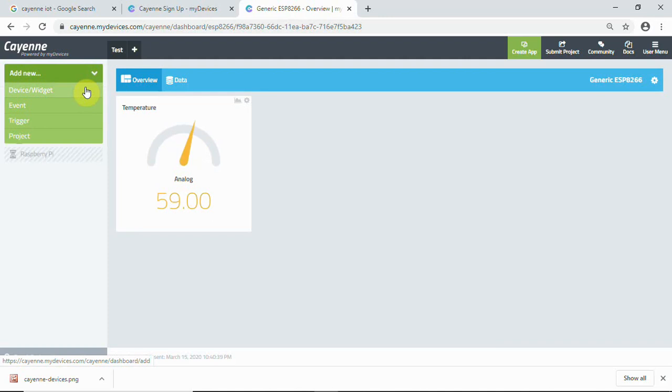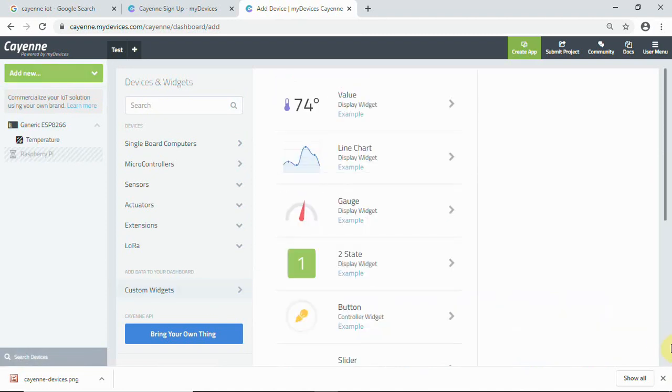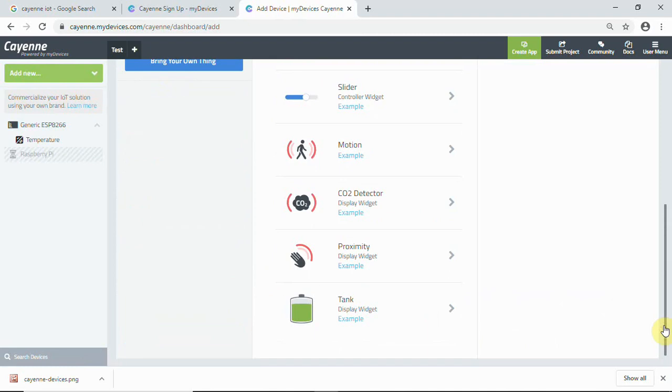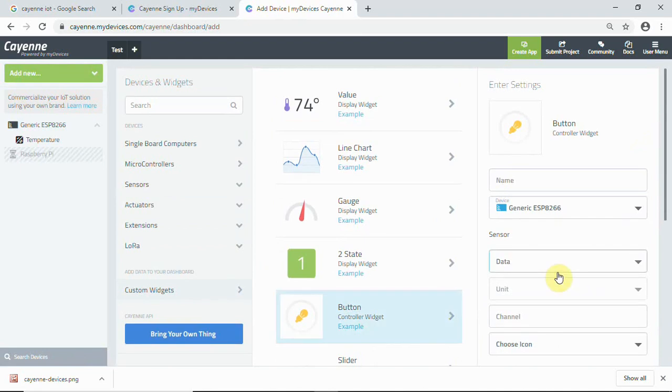So we are going to click on add new device widget again, and click on custom widgets. You can see we have many options: tank, proximity, slider, all those things. Now we have the button widget.